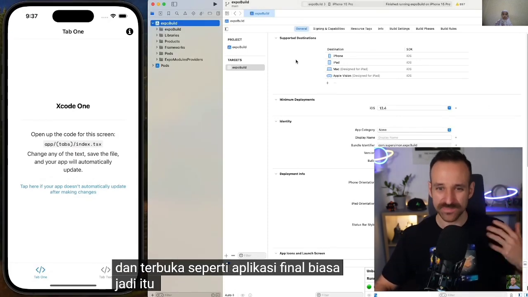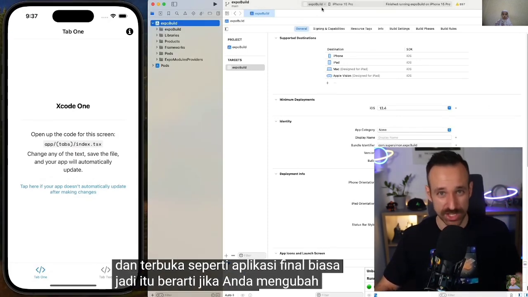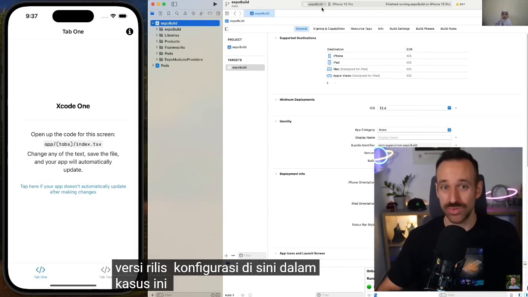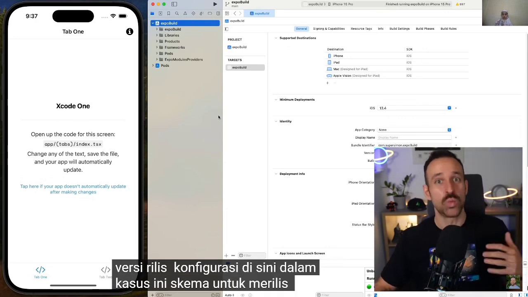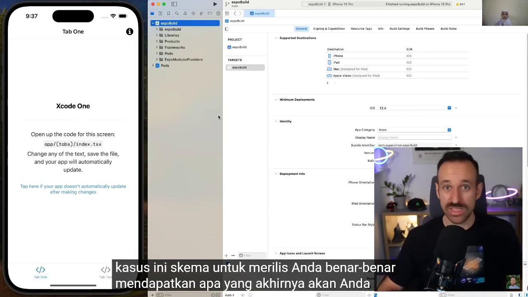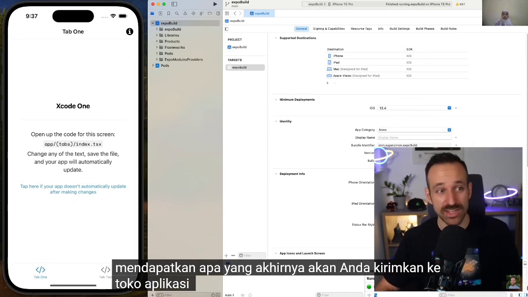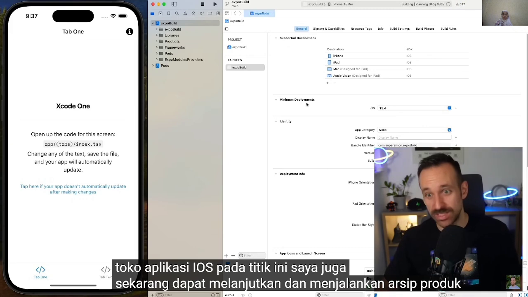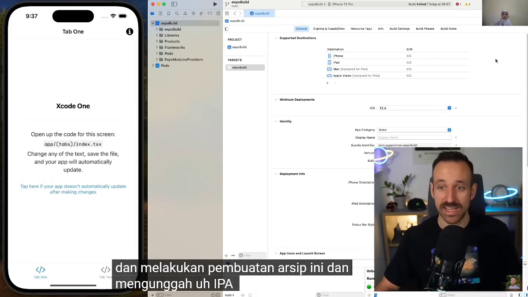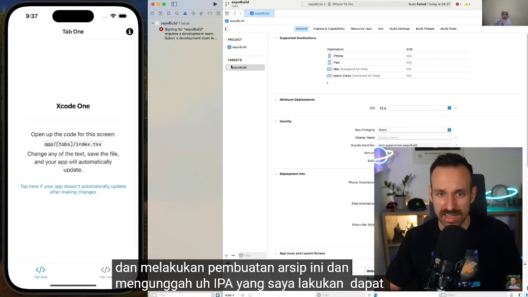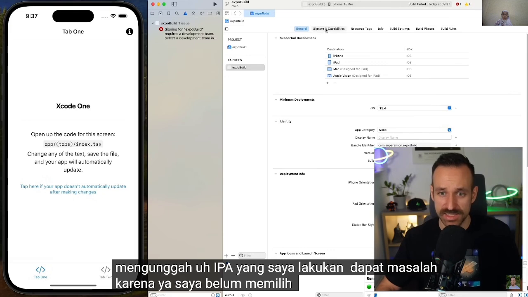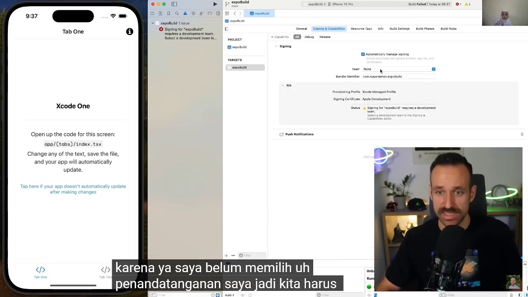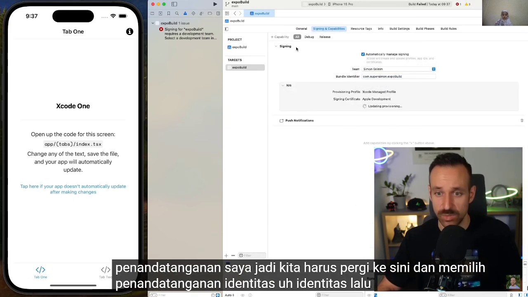So that means if you change the release configuration here, in this case the scheme to release, you actually get what you would finally submit to the iOS App Store. At this point, I could also now go ahead and run a product archive and do an archive build of this and upload the IPA. I do get a problem because, yeah, I haven't selected my signing, so we have to go here and select signing identity,